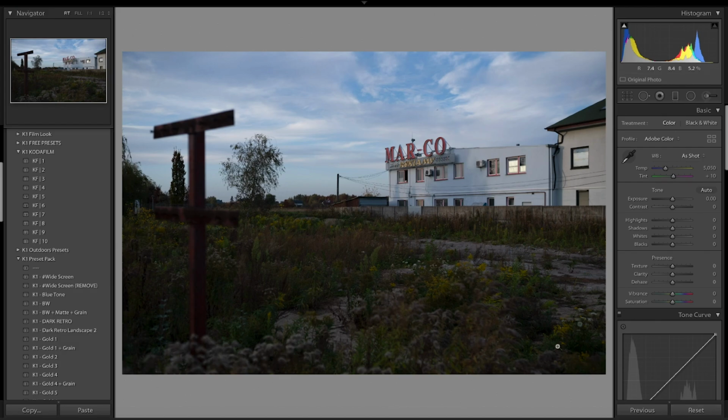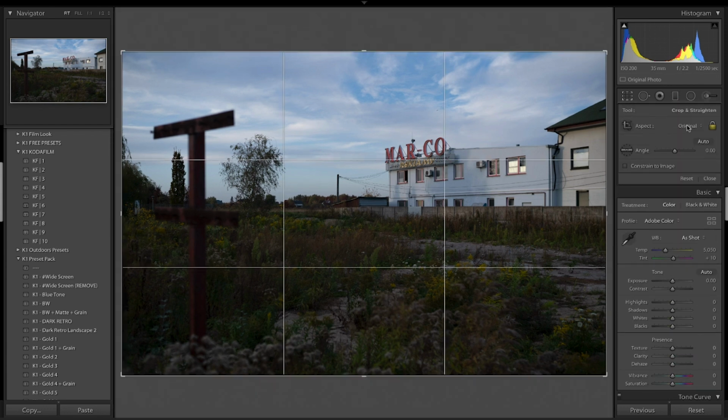Alright guys, so here we are in Lightroom. As you can see, this is the original photo that we have. It's a raw photo, and if you're wondering with what camera I shot this, it's a Sony a7 Mark III, and these are the settings: ISO 200, a 35mm 1.4 lens, the Sigma, the aperture is 2.2, and the shutter speed is 1/2500. It's a very normal photo, but you can make it really cinematic by a simple step, and that's cropping the aspect ratio to